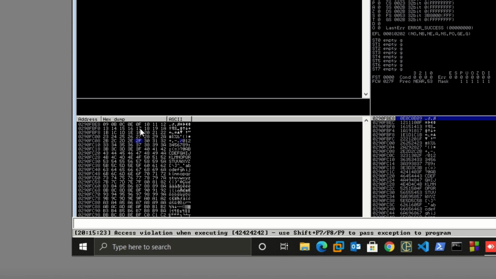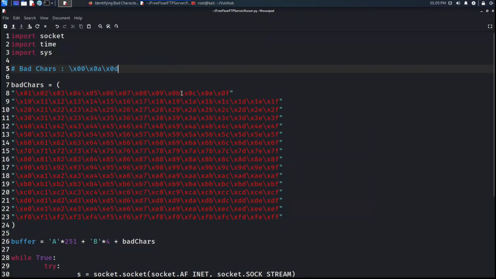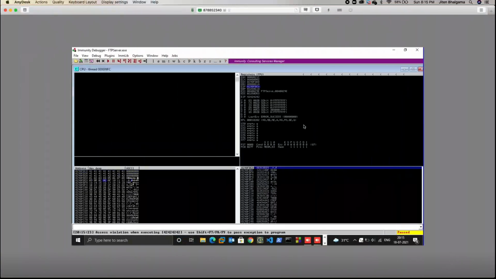Alright, so now if you just go above, as you can see, we have 1 2 3 4 5 6 7 8 9, 0B, 0C, and after 0C you directly have 0E. So if you see over here, if you compare with your bad character array, after 0C we directly have 0E. So basically there are no bad characters after this, right? I actually have exploited this program earlier too, and there are just 3 bad characters, which is 00, 0A and